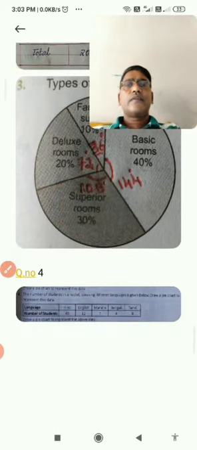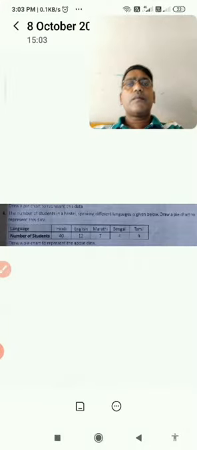Now we will talk about question number 4. You see question number 4. Here the languages are Hindi, English, Marathi, Bengali, Tamil. The number of students given: Hindi 40, English 12, Marathi 7, Bengali 4, Tamil 9. Same as in the above question, here also we get the fraction by particular upon total. You add all these to get the total, and particular, 40 upon total, into 360, will give the central angle.